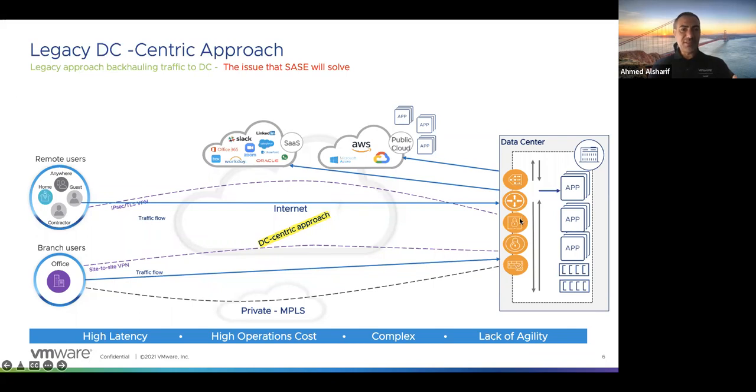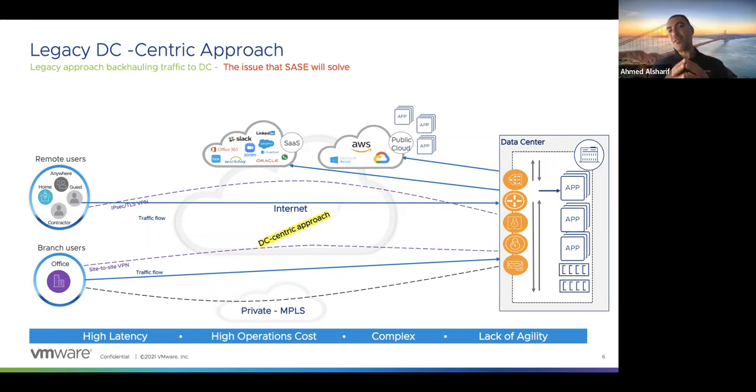We remember from the data center days, if you upgrade the firewall to 10 gig or the IPS to 10 gig, you need to make sure that the IPS is in line with the firewall and both of them are 10 gig capable. If you have a 1 gig IPS sitting behind a 10 gig firewall, then you are not going to be able to push 10 gig because that IPS only supports 1 gig. So you always have to worry about where you place these devices. And some customers start to buy another device to distribute the traffic into multiple devices to be able to provide high speed connectivity.